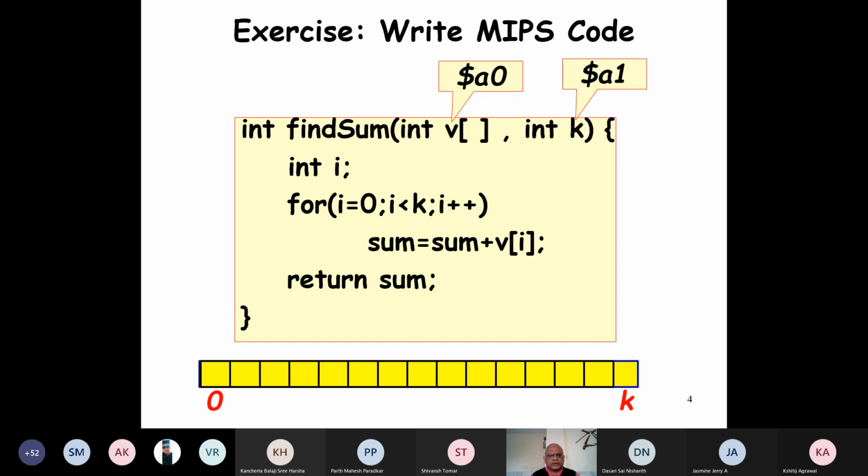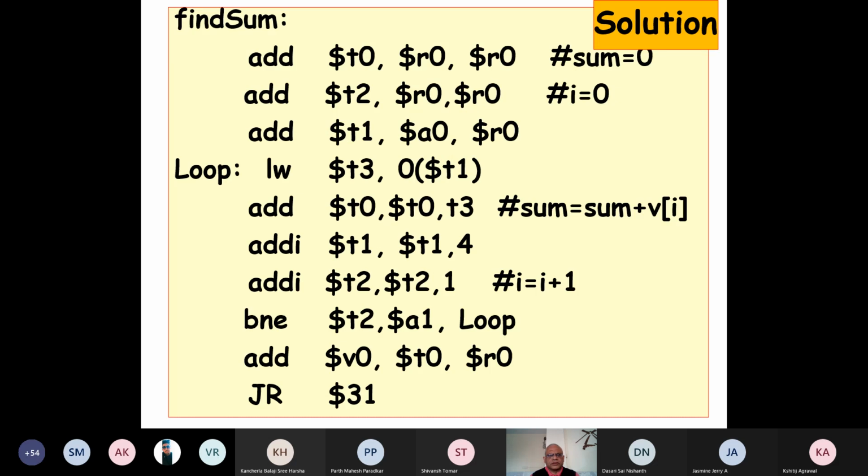Okay, good. Does anybody have any other difficulty here? Okay, let's proceed to write the code for this. As usual, we make findsum the label and then write the rest of the code. The first thing is we make the T0 register 0 by writing R0 T0. So initially the sum is 0.